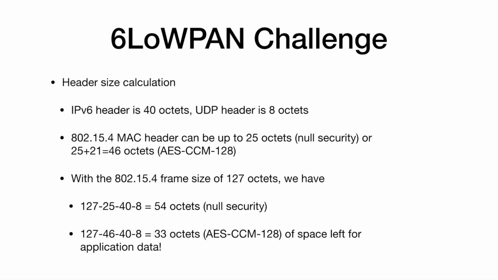Next thing is the challenges of 6LoWPAN. What are the different challenges for going with 6LoWPAN? The first thing is header size calculation. Any packet, whether in the physical layer, application layer, data link layer, session layer, or presentation layer, everywhere there are some protocols. Every protocol has a header. After the headers only the main packets will come up. Similarly here in 6LoWPAN the main challenge is the header size calculation.